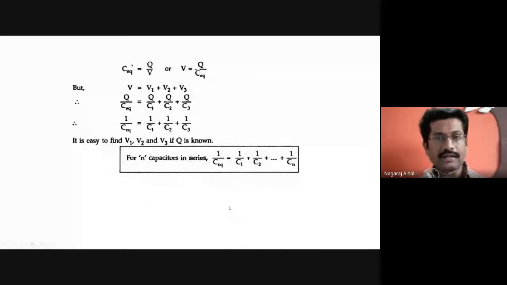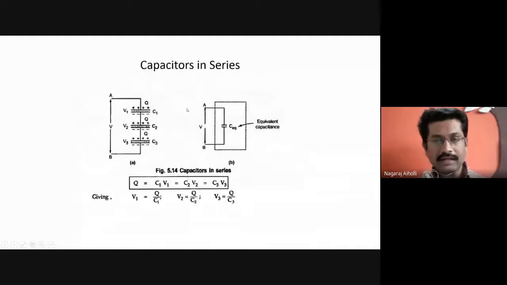Next, we are replacing the set of capacitors. These three capacitors we have considered here, we are replacing them by an equivalent capacitor, C equivalent. Instead of three capacitors, I am connecting only a single capacitance, which I am calling the equivalent capacitor of the three capacitors C1, C2 and C3. And I am applying the same voltage V that I applied to these three capacitors. Then C equivalent is given by Q by V,